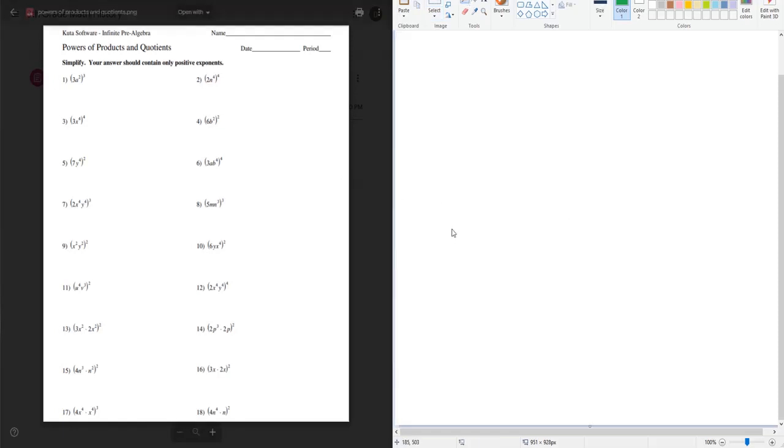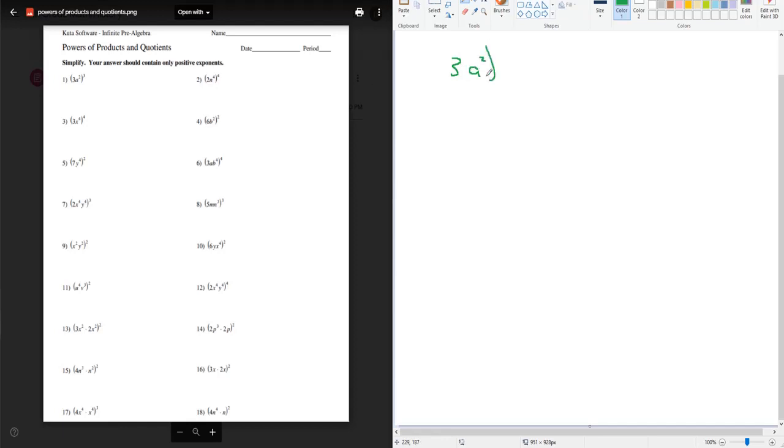Hey everybody. So I'm just gonna do a couple of examples of the classwork that we did. One thing that I really want to stress about this is that constants and variables, you can treat them independently, separately. You can deal with them separately and then put them back together at the end. So for example, for number 1,